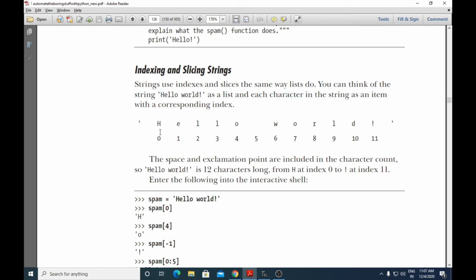So you can think of this 'Hello world!' as a list, and each character in that string will have an index. For example, you have the string 'Hello world!' which consists of a space as well as an exclamation mark. For every character you can give an index: at 0 you have H, at 1 you have e. These are all indexes for those characters. The exclamation mark is at index 11, and the space is at index 5.